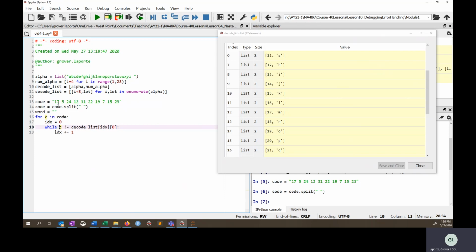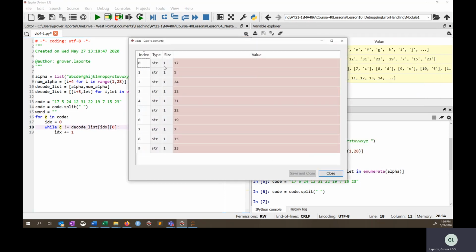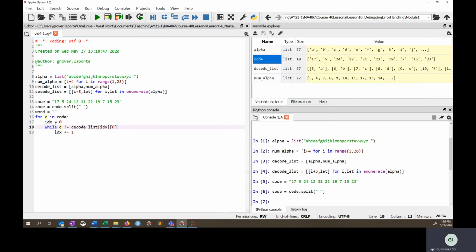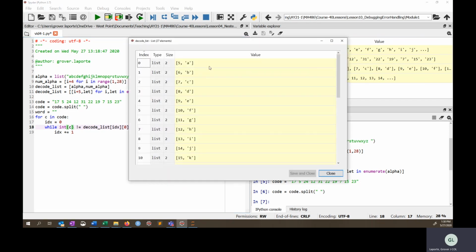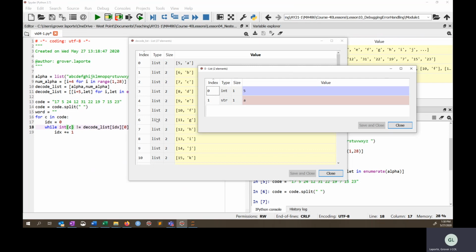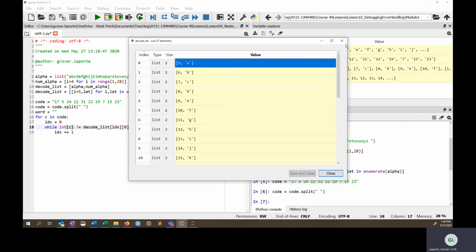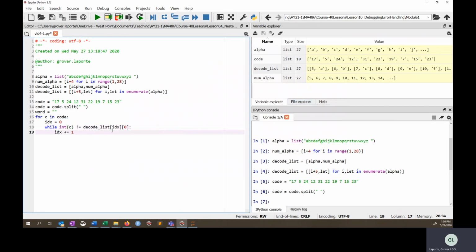And the reason is that this code, so if you were to look at code, matter of fact, let's go pull it up. Code is a bunch of strings. So I need to typecast C into an int, so I'm comparing integers to integers. So let's make sure the decode list, the 0th number, the 0th column, is in fact an integer. That's what you want to make sure, that they're the same, or it just won't